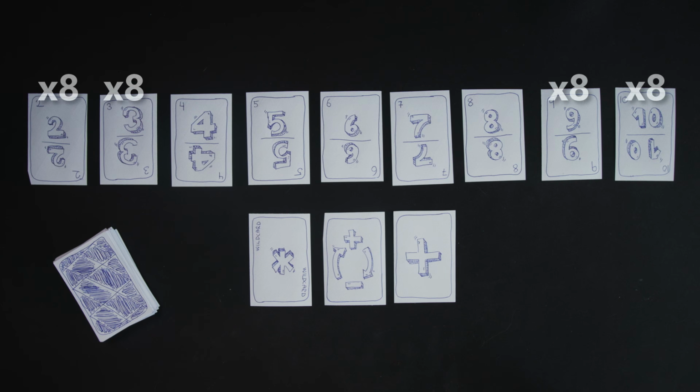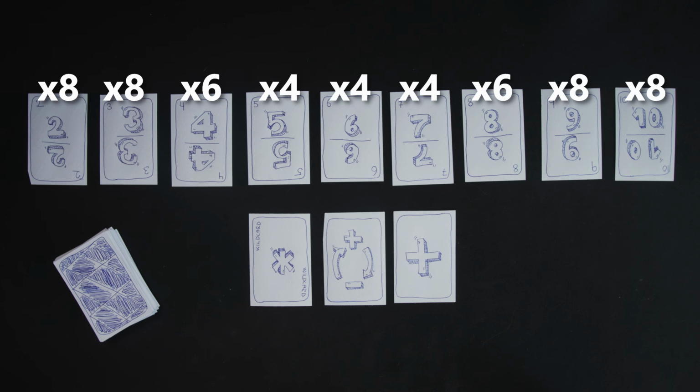The composition of the deck for this play session was that I had 8 cards of each of the 2s, 3s, 10s, and 9s, 6 of the 4s and 8s, and then 4 of each of the rest of the cards. There were 6 Operation Flip cards and 6 wild cards. Yeah, I think this is a game where a small adjustment in the pool will have major ramifications on how quickly the board gets gunked up.